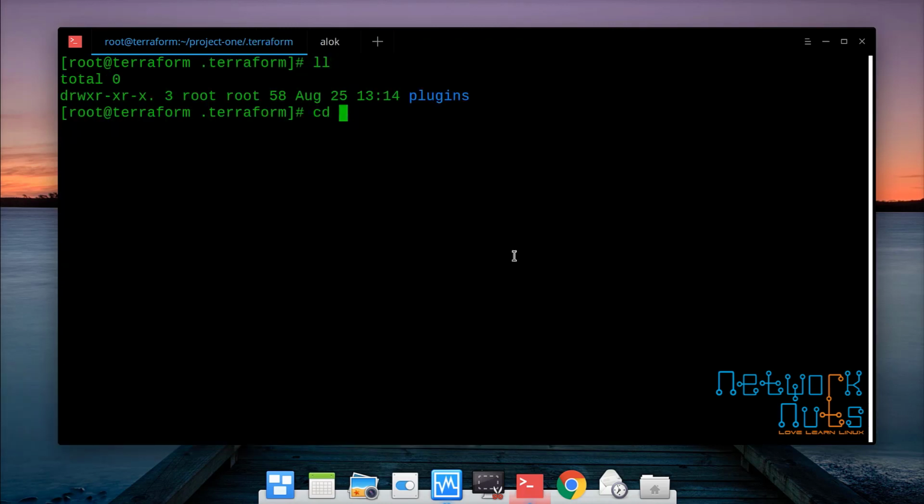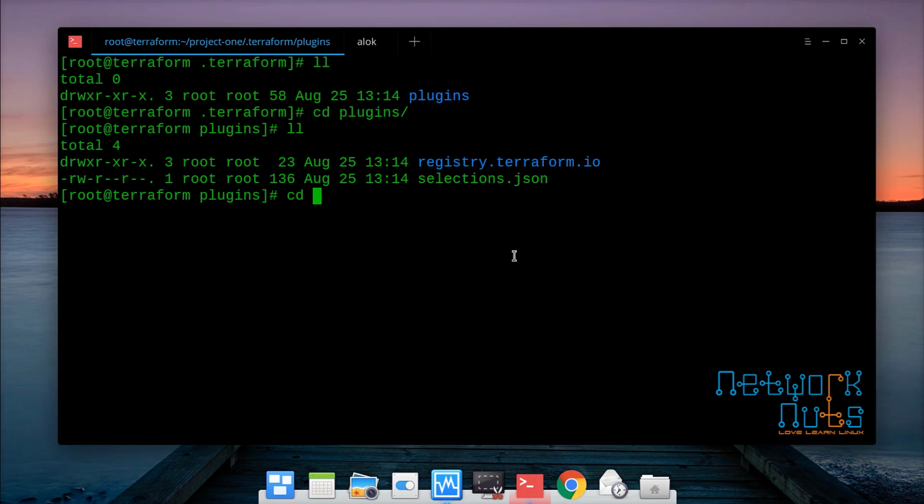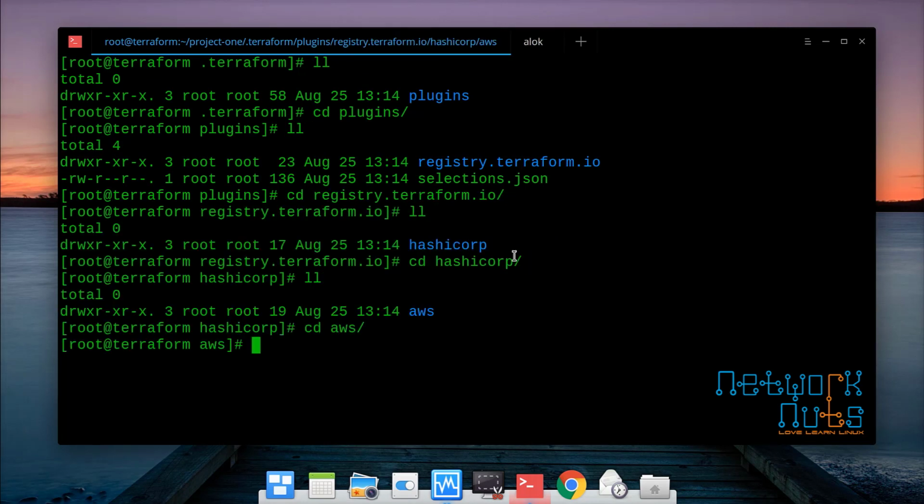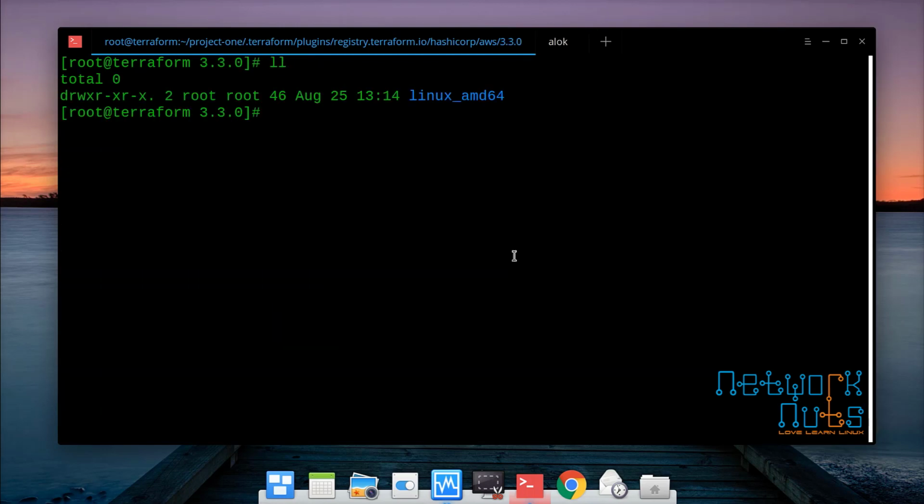Here is the directory: plugins, inside the plugins registry, HashiCorp, AWS, and here is the provider. That is the code which will actually create my instance on Amazon Web Services. So we call them dynamic providers, and they are automatically fetched whenever you run Terraform init.